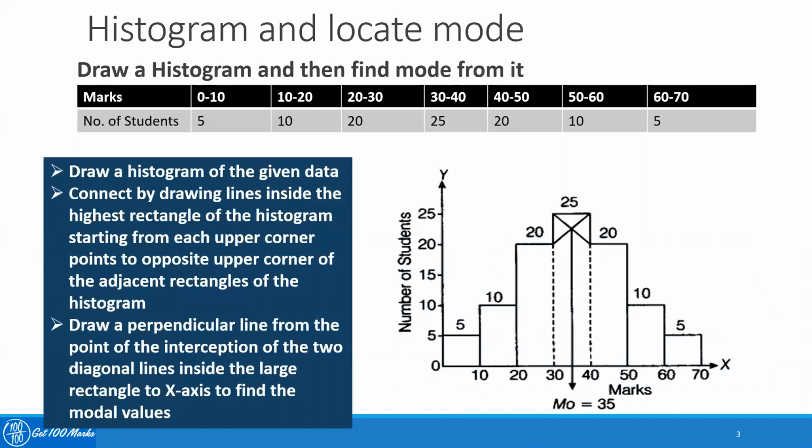While calculating mode, you will see that there is no rigid formula, so mode answers can vary from one person to another. To avoid that confusion, we can always identify the mode using the histogram. After that, you can recheck your value using the formula I discussed in my previous video: mode equals L1 plus (Fm minus F1) divided by (Fm minus F1 plus Fm minus F2), the entire thing multiplied by the common width.